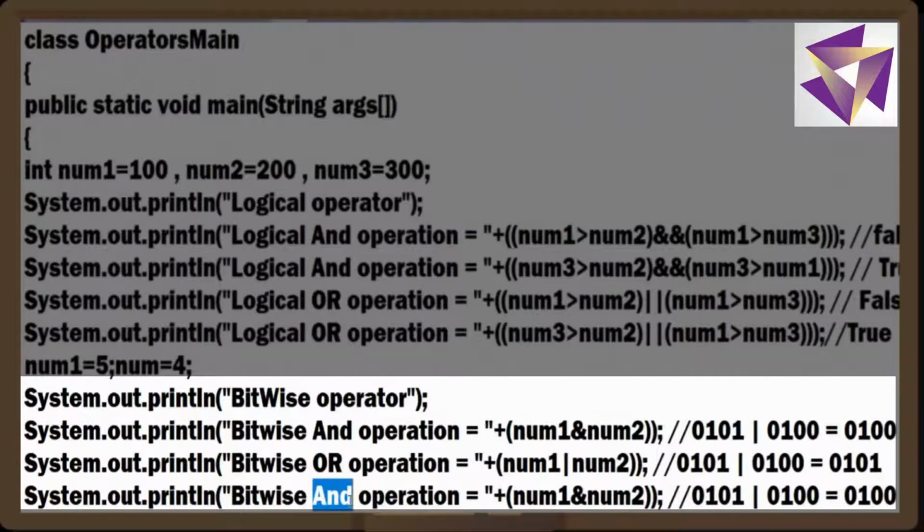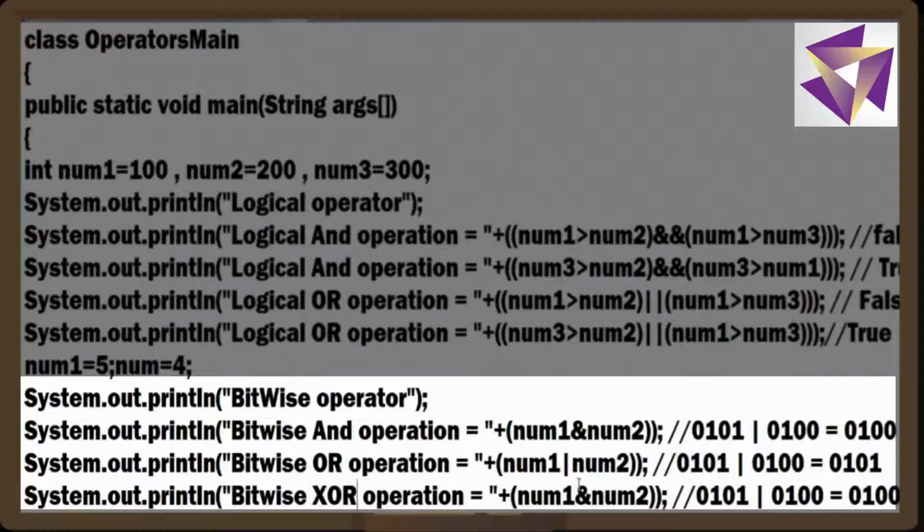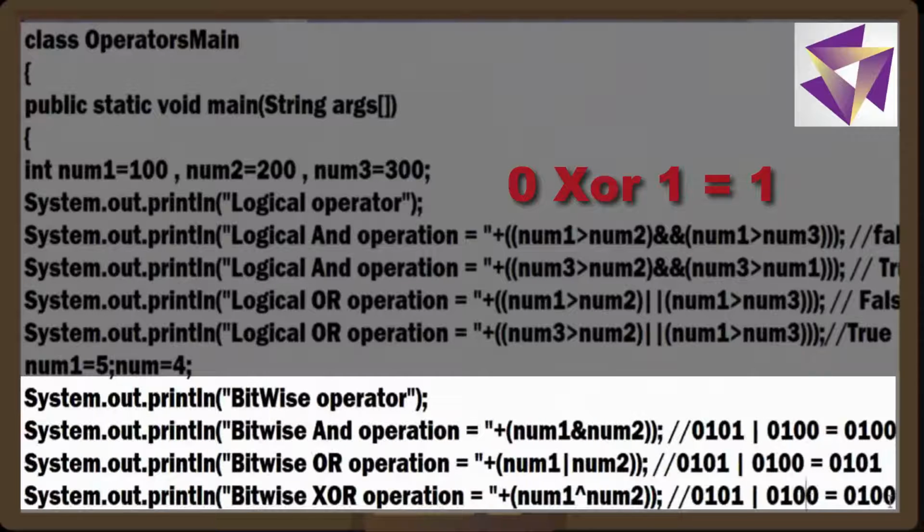Now I'll take an example of XOR. I'm just taking these 3 examples only. Now I'll take here XOR. Now what XOR says, when both the bits are different, now see last position both are different, it will be 1. When the next position comes, both the bits are same, so it will be 0. Third position also both the bits are same, so it will be 0, and the last will be 0. So my answer in this case should be 4, 5, and my answer should be 4, 5.